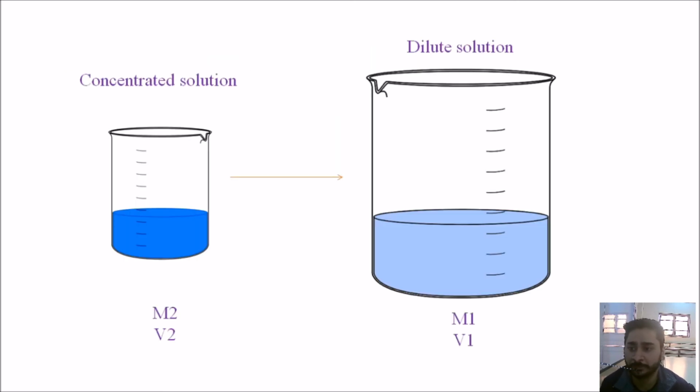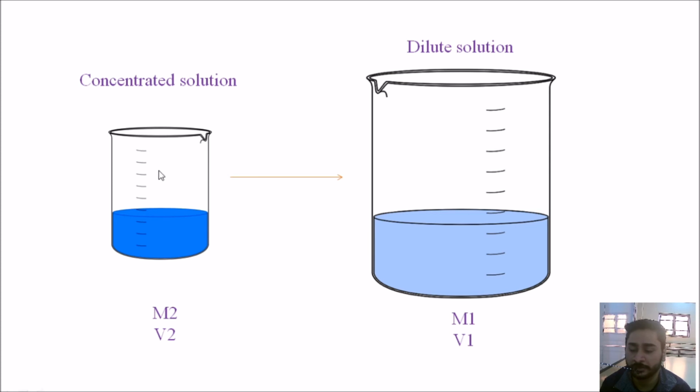Here I have depicted dilution with the help of two beakers. Over here you are seeing a small beaker with less amount of solution and it is very dark. Dark means it's very concentrated. And we have a big beaker in which we have more solution, more solvent actually, and that is why the concentration of solute now is less and the solution is dilute.